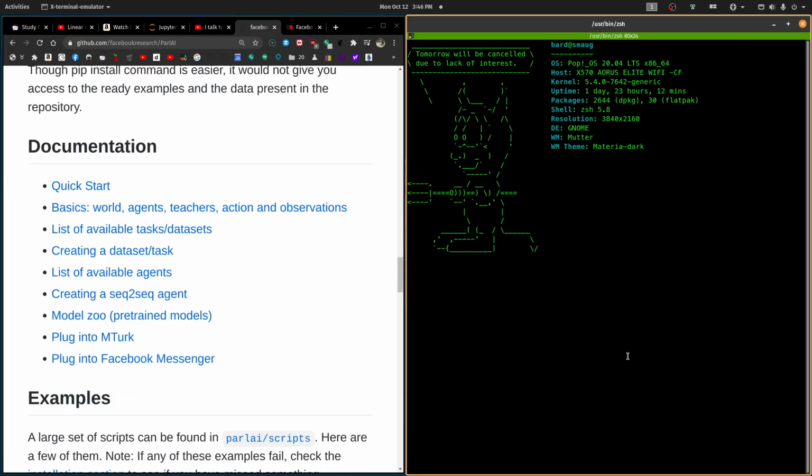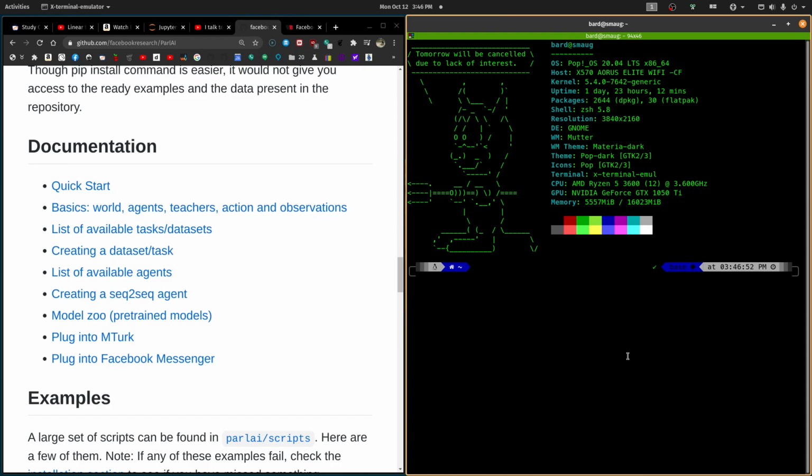All right, I'm going to open a new terminal now, and I'm going to do a conda create. I don't want it to be called Python. I'm going to call it Parlay, because Blender is kind of a confusing name because of the graphic modeling program, Blender.